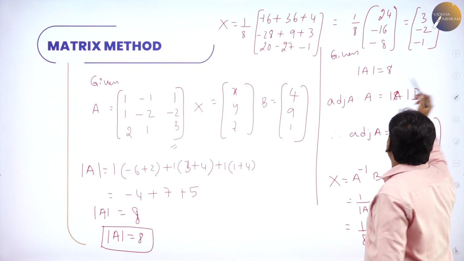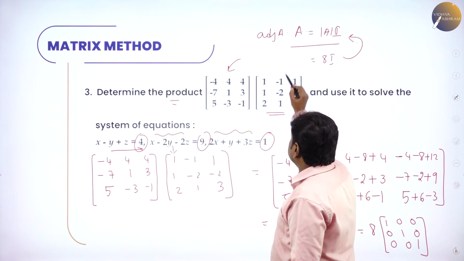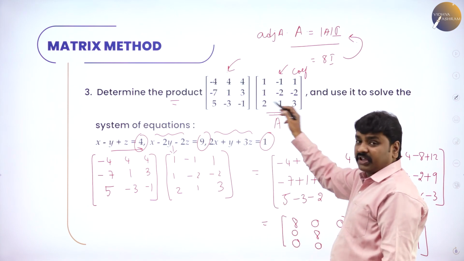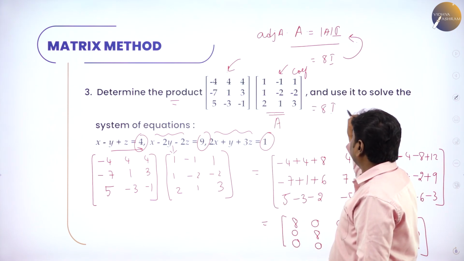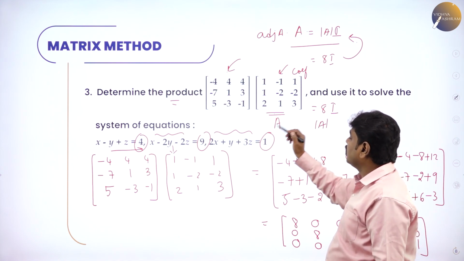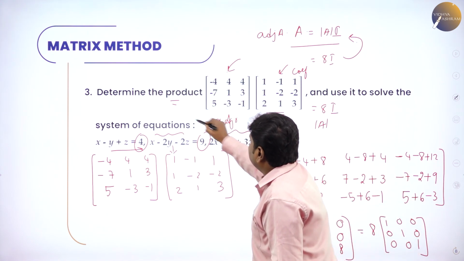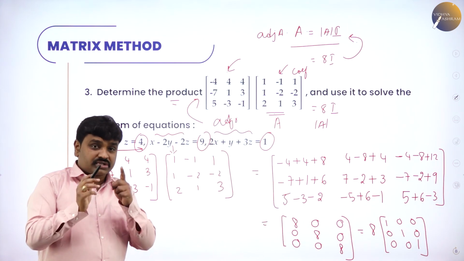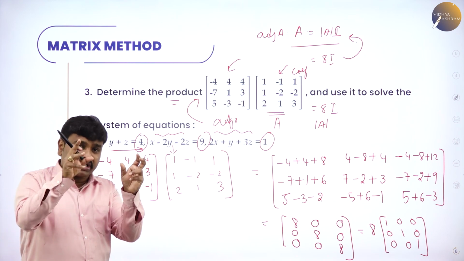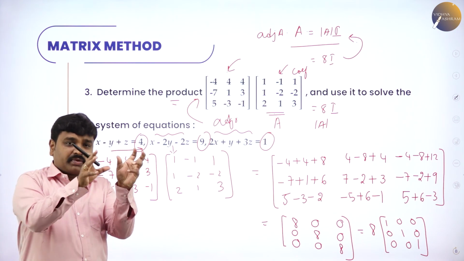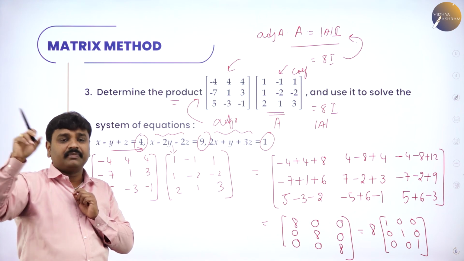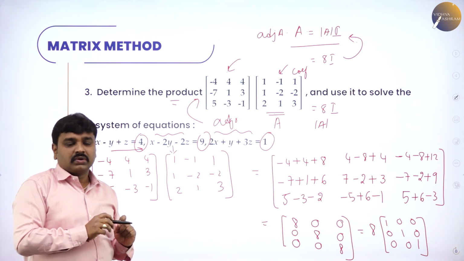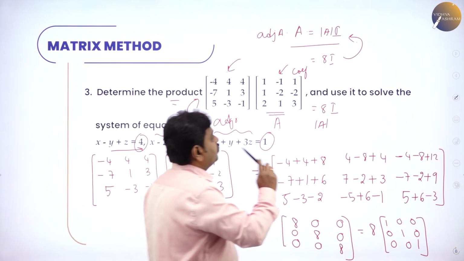Again, let me go over this problem. See here, this is the coefficient matrix, this is A actually. When I multiply these two, I am getting 8I, and this is the determinant. Therefore, my conclusion is this is the adjoint. They give the adjoint directly. Once you know the adjoint, the process becomes faster and simpler. We use the property adjoint A into A is determinant into I. If I am multiplying two matrices and getting determinant into I, then definitely one is the adjoint of the other.